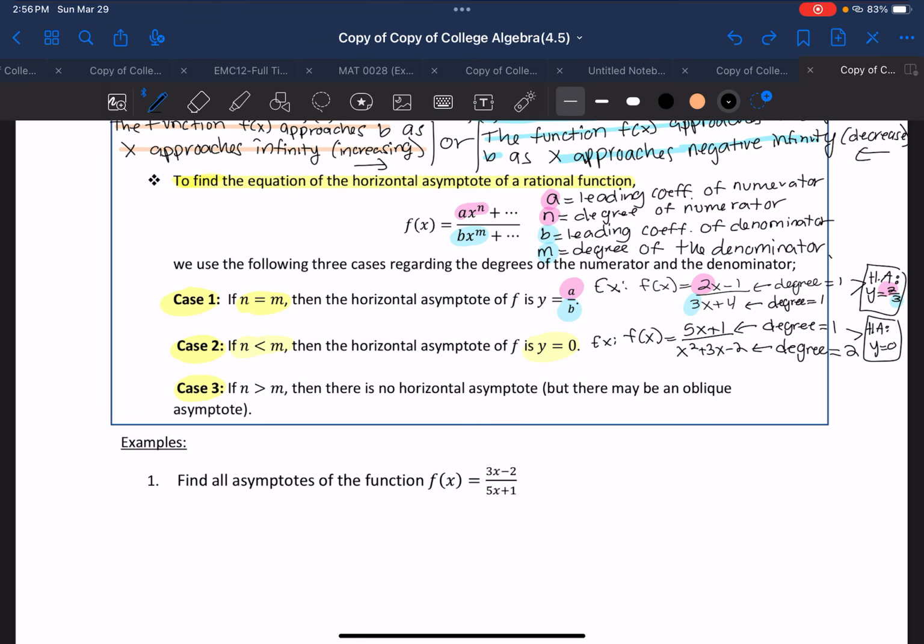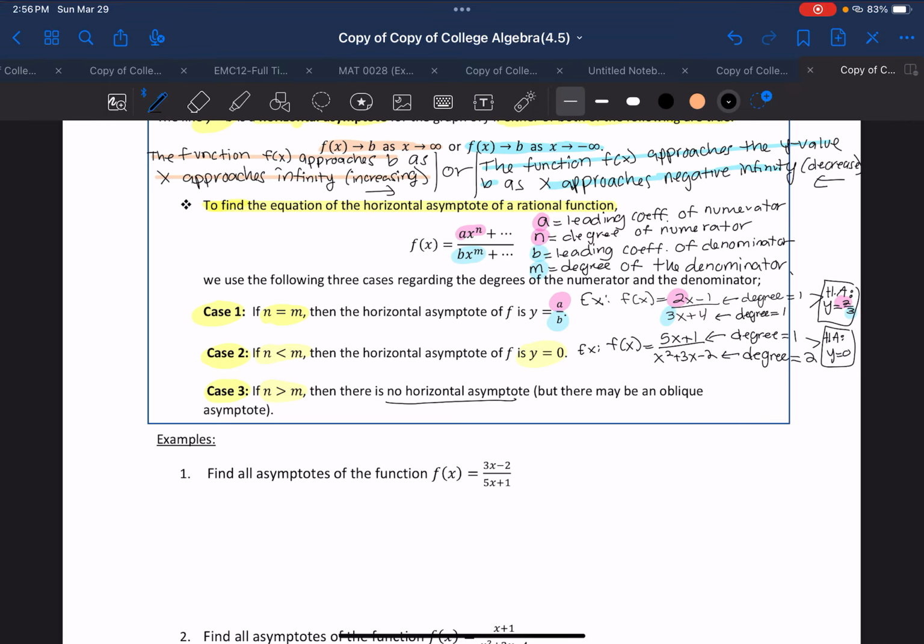And then finally, the last case is if the degree on the numerator is larger than the denominator. So if the top exponent is bigger than the bottom exponent, then there is no horizontal asymptote. So for example, if my function was x cubed over x plus 1, the degree on top would be